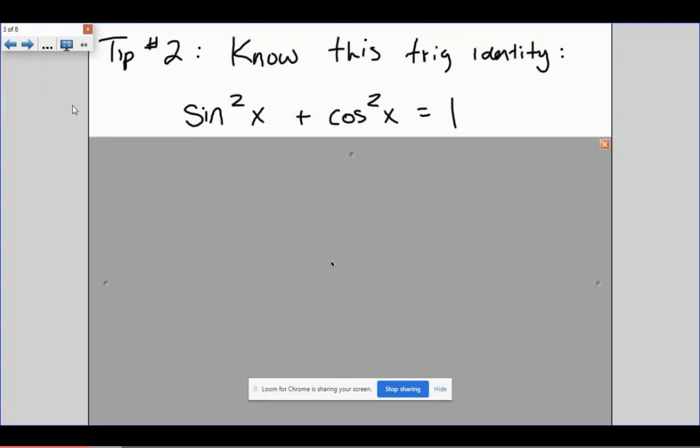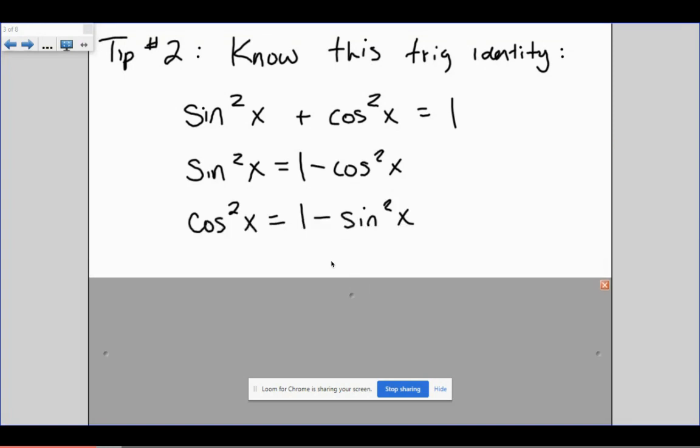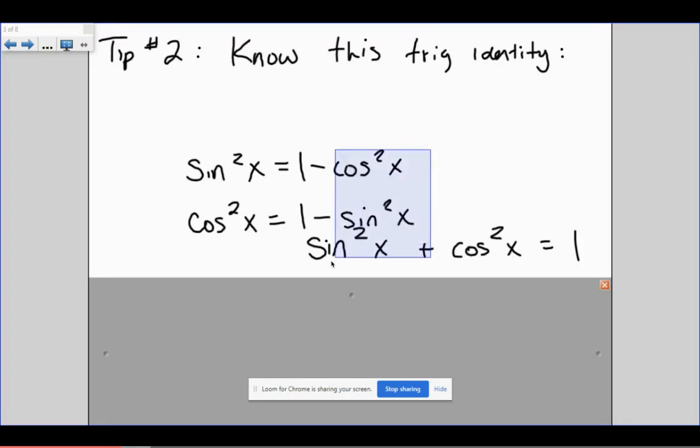Now, like I said, there are a couple other trig identities that I think are also called Pythagorean, where the terms are squared, but I wouldn't worry about them. But it is good to know, as I just showed you, sine squared plus cosine squared equals 1 can also be rewritten as sine squared equals 1 minus cosine squared, and cosine squared equals 1 minus sine squared. But those two I just highlighted are really just a rewriting of that original equation. So if you know the top line and understand it can be rewritten so it's equal to sine squared or equal to cosine squared,